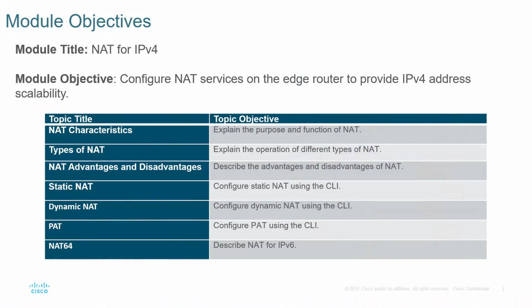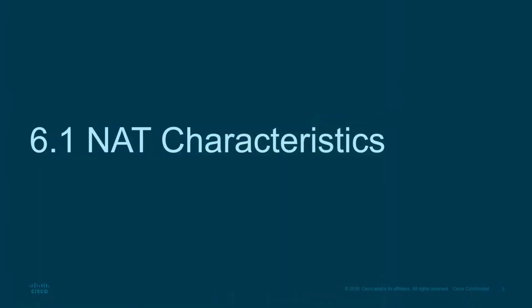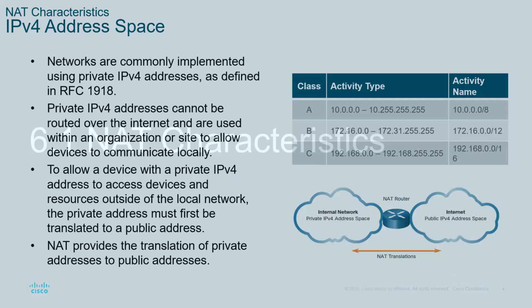Main objectives here will be to explain the purpose and function of NAT, explain the operation of the different types of NAT that we have: static, dynamic, and PAT. Then describe advantages and disadvantages of NAT, and configure static, dynamic, and PAT. Then lastly, describe NAT for IPv6, which is NAT64. Characteristics: